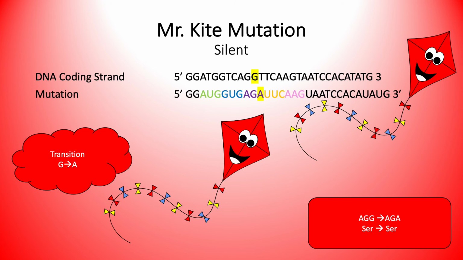The next character that underwent a mutation was Mr. Kite. Mr. Kite had a mutation that occurred in the third frame in the last nucleotide of the DNA coding strand. It mutated a G to an A, which had no change in the amino acid sequence. This was an example of a silent mutation because due to the point mutation, the amino acid didn't change. And this also is called a transition because it changed from a G to an A, which was a purine changing